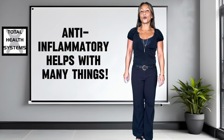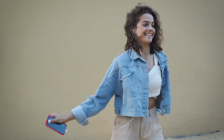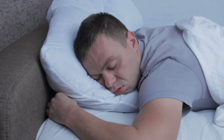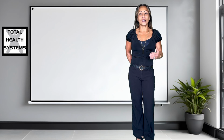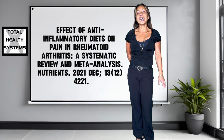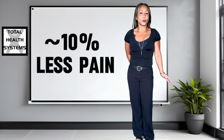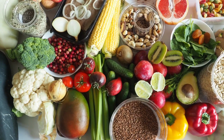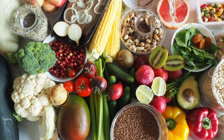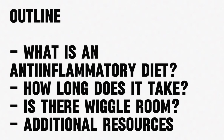An anti-inflammatory diet can not only help you cut down on fat, give you more energy, improve your sleep quality, and strengthen your immune system, but it can also help reduce your pain. A recent meta-analysis found that people with rheumatoid arthritis can expect about 10% reduction in their pain after eating an anti-inflammatory diet. Today, I will discuss what an anti-inflammatory nutritional program consists of, how long it needs to be done